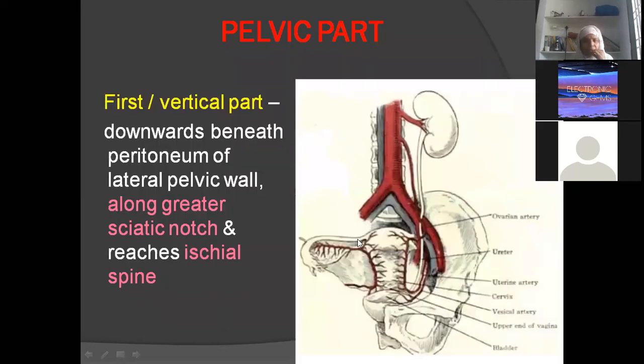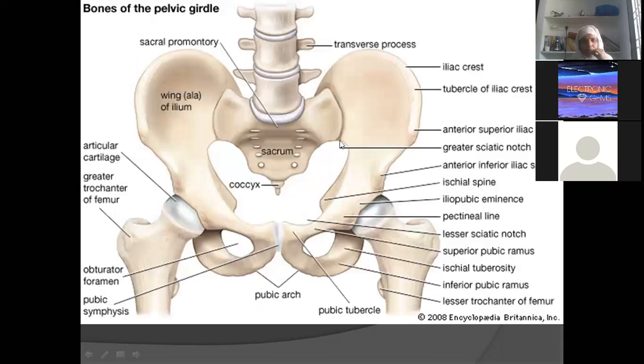Okay. Pelvic part is now, see here, I told you it is moving like this, no? So pelvic part, how many further parts does it have? 3 parts. First part is moving across the greater sciatic notch and ischial spine. See, this is the ischial spine. We see the course of ureter. Here we had our abdominal aorta, here external iliac. So its course is initially lateral, downwards, forwards, then it is moving towards ischial spine. From here the journey is downwards, forwards, medially to pierce the urinary bladder.